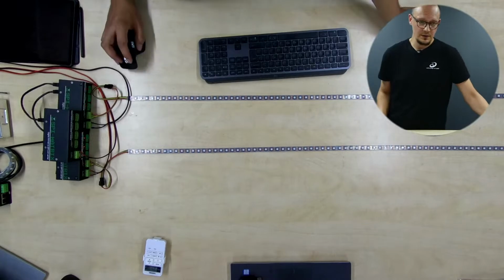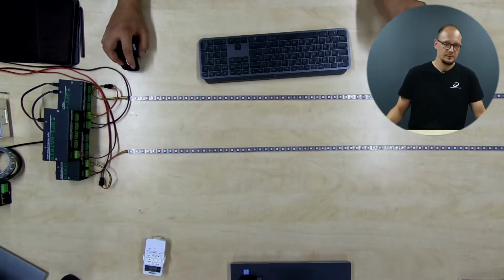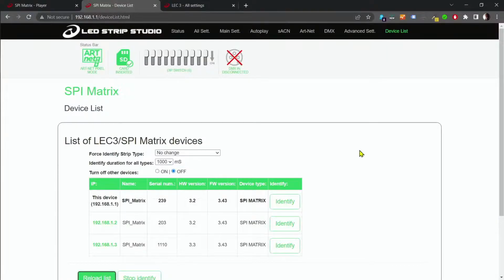And now, once I hit preload list, I can see my third controller as well. As I've shown you in my drawing, you need to set the two devices to a slave status and one device to a master. We can start with the master device,